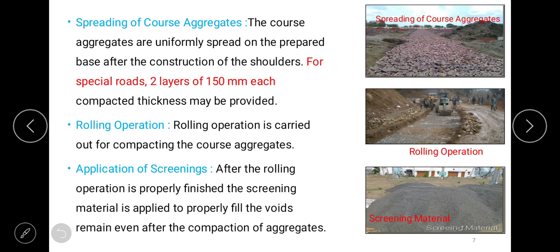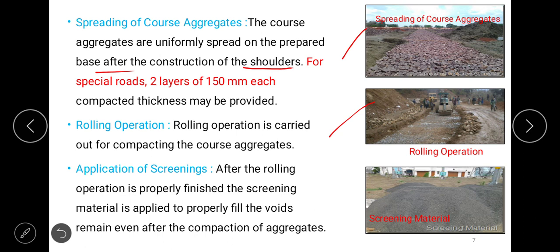Spreading of coarse aggregates. In this photograph you can see this is rolling operation, this is spreading of coarse aggregates, etc. You can see from the photograph. The coarse aggregates are uniformly spread on the prepared base after the construction of the shoulders.